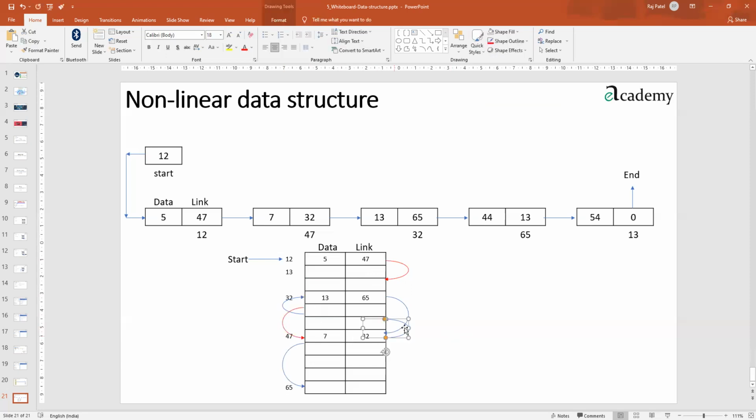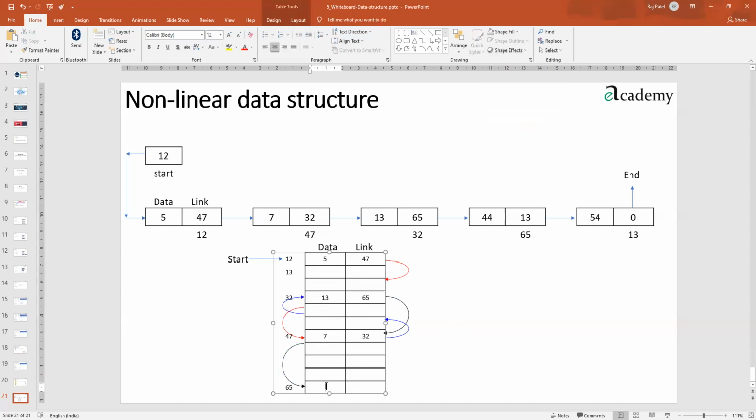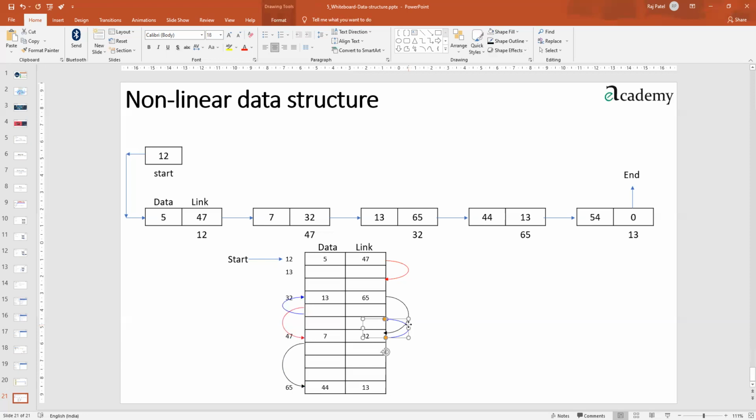Then from 47, this color came. Let me mark it in blue color, a different blue, and this one will be, let's say, black. Yeah, the 65 number box, data is 44, next link is 13. Okay, so from here it has to go all the way around to 13.